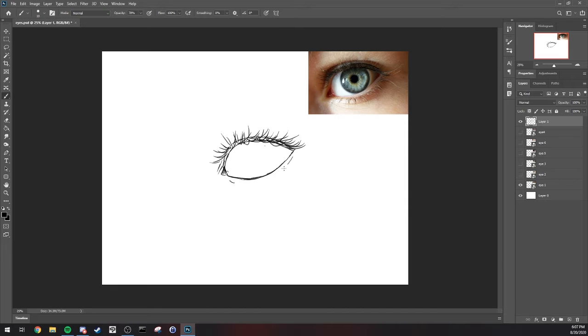Underneath, it's a very similar style where there's another ridge that exists under here. It's not as pronounced as the top one, but it does exist there. And then you see we've got lashes that are not as kempt as you would normally expect from a photography